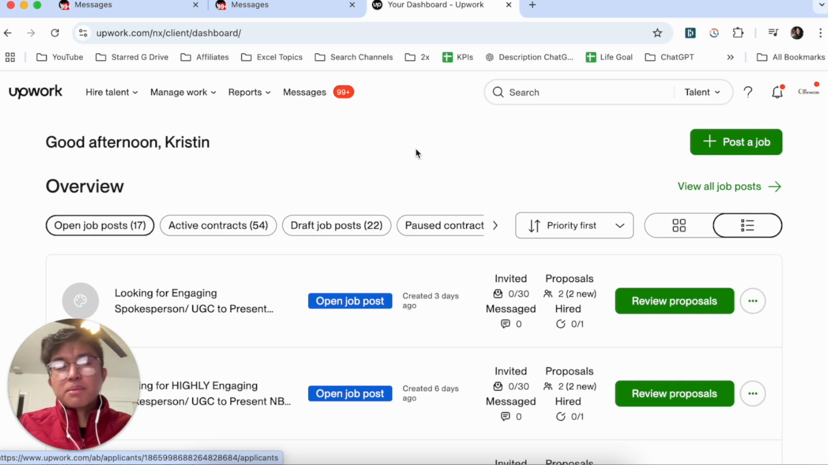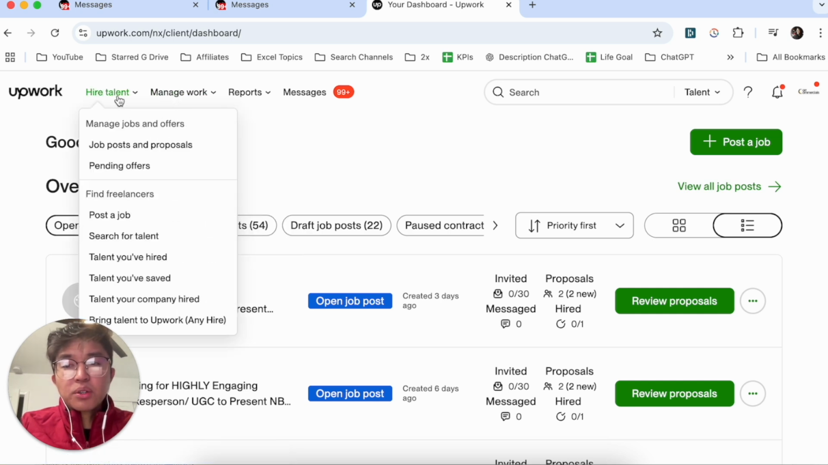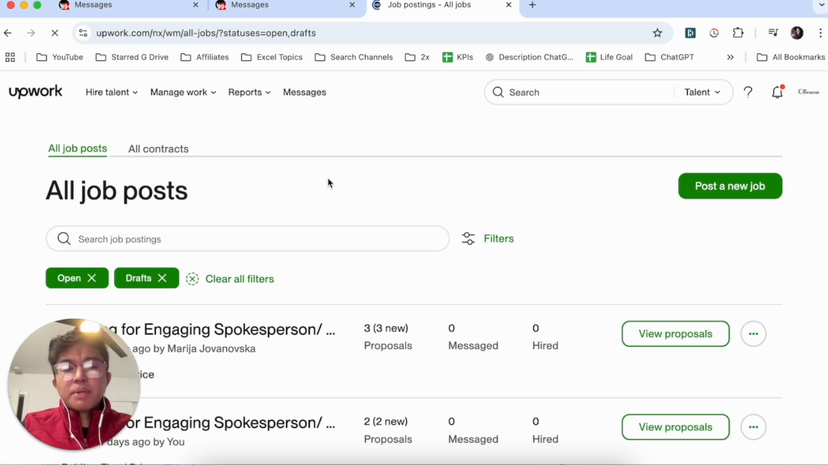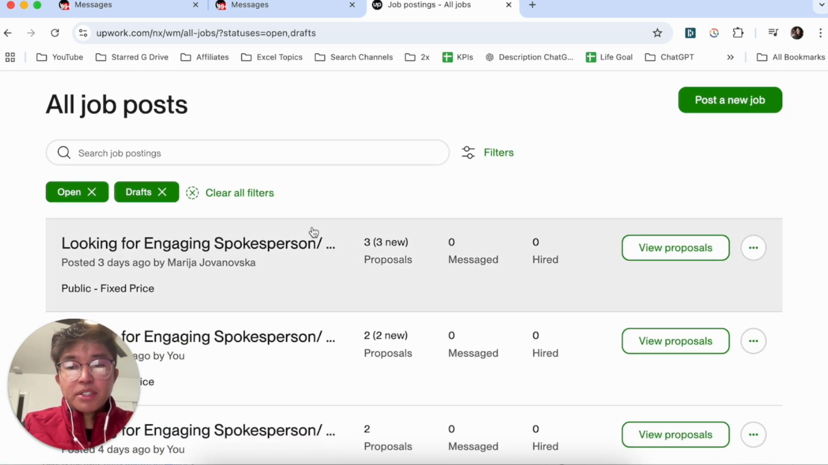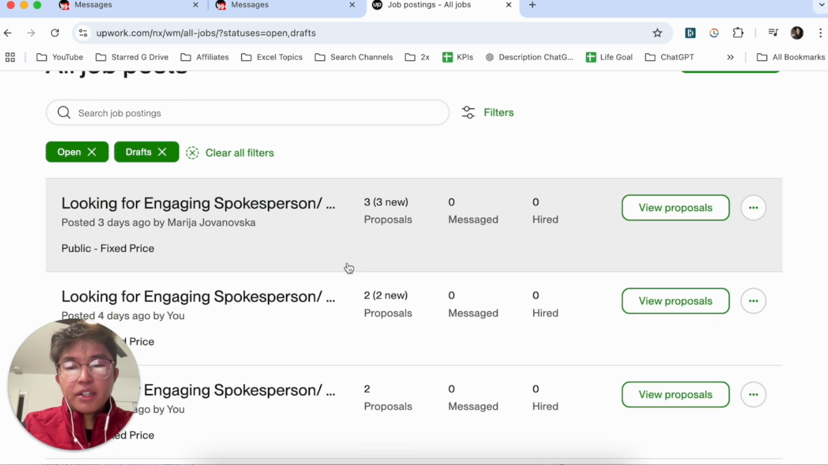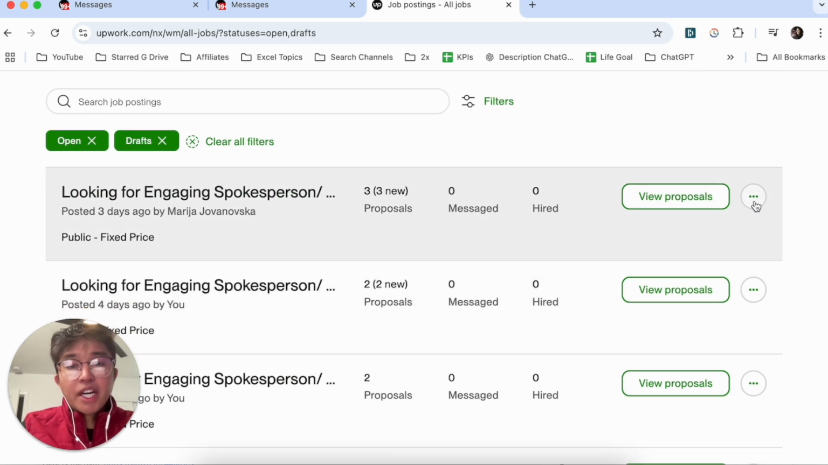There's not going to be a lot of steps involved, but the first thing that you're going to do is go to Hire Talent and then click on Job Posts and Proposals. Now on this page here, you're going to see all your active job listings. So here you can see I have one over here and I have one over here. Now the way to actually edit a job post is that you click on these three dots and then you